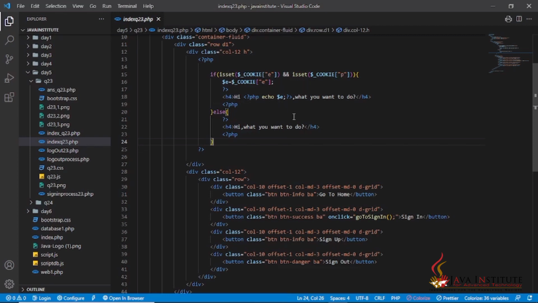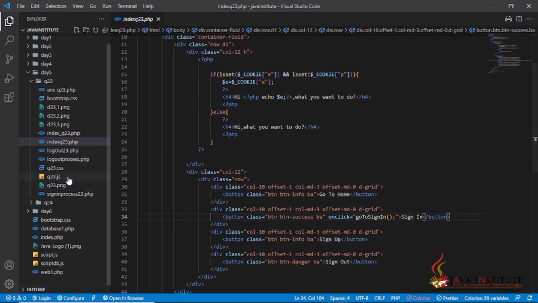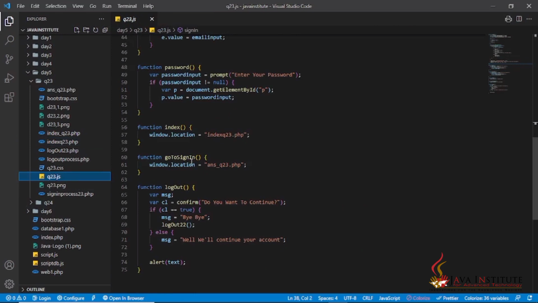So then these are the 4 buttons, and if you can see that I have given only the sign in function for the sign in button as an onclick function, and here this is the function for going to the sign in page.